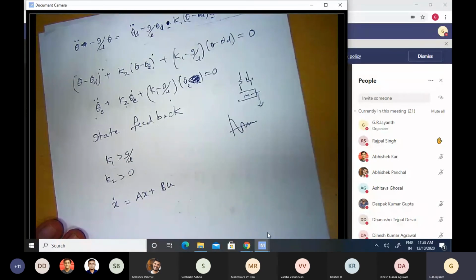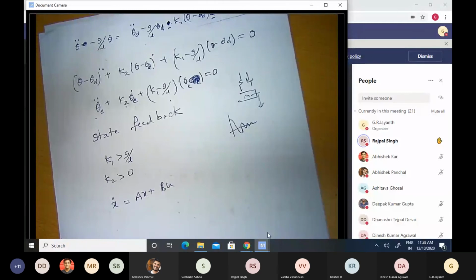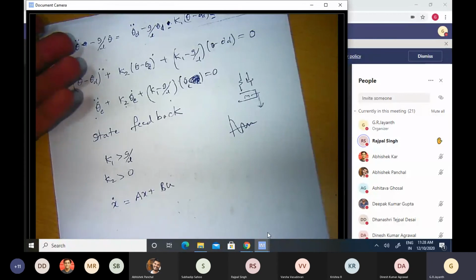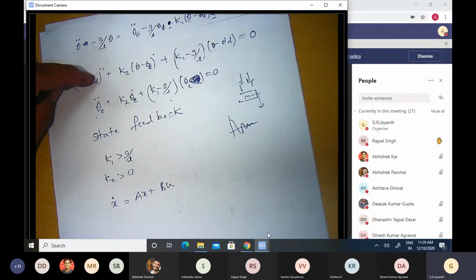So in this case, we have included the terms with K1 and K2, which would be somewhat akin to proportional and derivative control terms. So in this situation, how do we envision the integral control term? I'm unable to get it. How will we include an integral term? In this particular case, it is possible to include an integral control term, but it is not necessary. For the kind of plant that we are trying to control here, an integral term is not necessary because this plant already has an integrator with it.